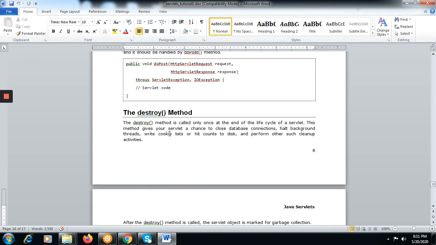Destroy: the destroy method is called only once at the end of the life cycle of a servlet. This method gives your servlet a chance to close database connections, halt background threads, write cookie lists or hit counts to disk, and perform other such cleanup activities.